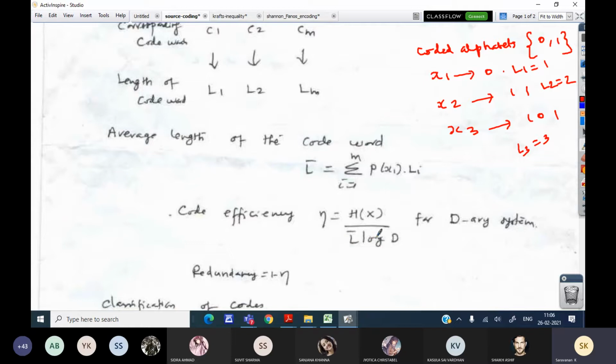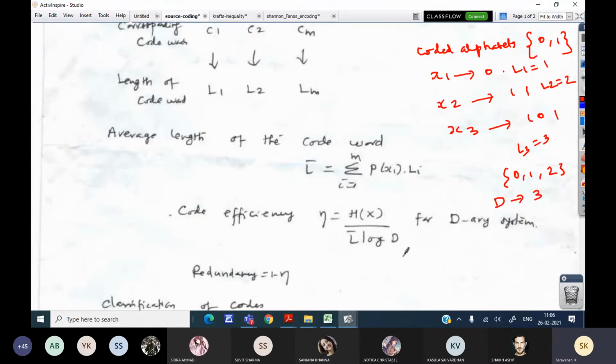D is the size of the code alphabet. When we use a binary alphabet for coding, D is 2. When the coded alphabet is 0, 1, 2, D is 3.